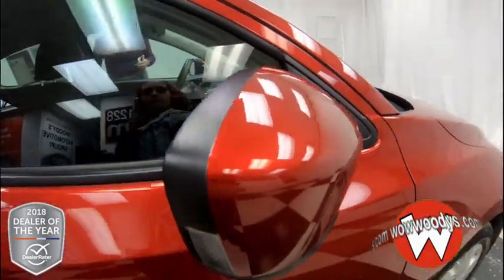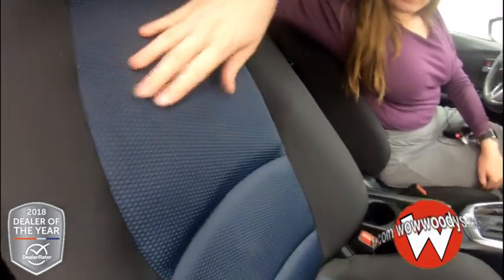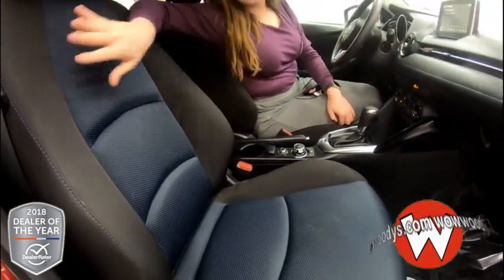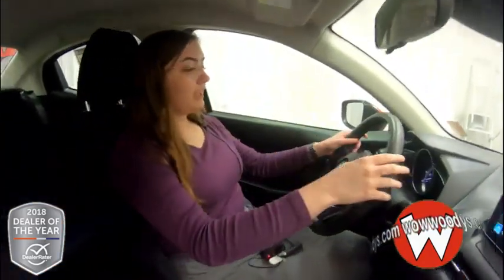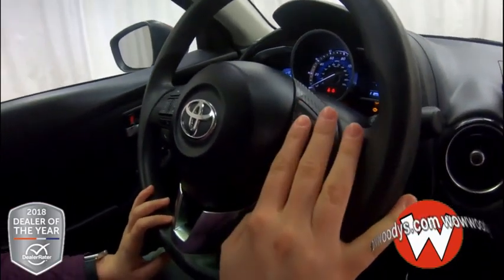Then looking down at your side mirrors, they are power adjustable. Okay, so looking at these front seats, we have these black and blue cloth seats. I love this mesh insert in the middle. It's kind of like a sport mesh, but they're super comfortable. They look really nice, easy to clean off everything. And then looking at your steering wheel, you have your audio controls, Bluetooth streaming, and your cruise controls all there